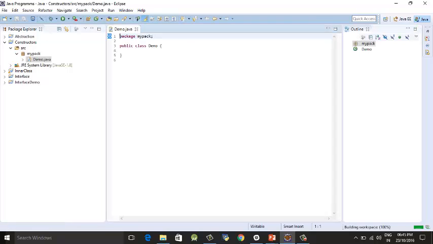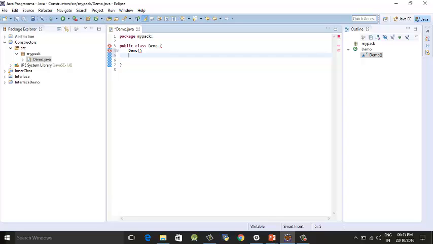Okay, fine. So here the class has been created. In this class I'm going to create a constructor. The rule of creating a constructor, as we have read earlier, is that it must have the same name as the class name. So demo,